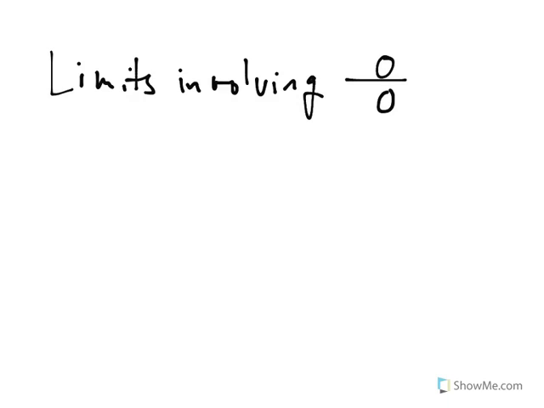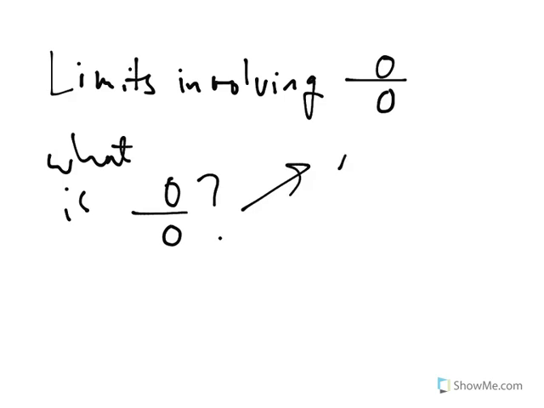A very important category of functions is ones where, as x gets closer to 0, the function turns into a fraction, and then both the numerator and denominator individually approach 0. And it comes down to the question: when you see 0 over 0, what is it? Well, maybe it equals 1, because the zeros cancel out, because that's one rule of math,